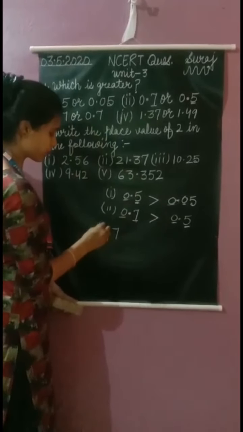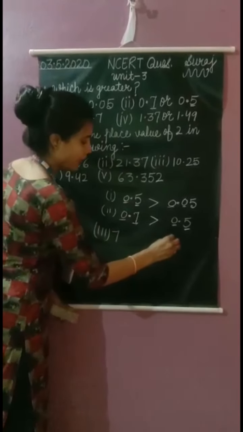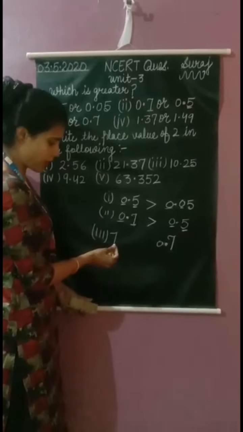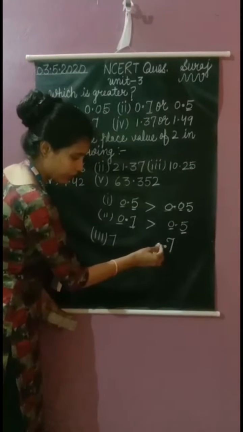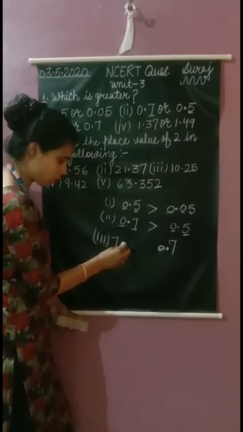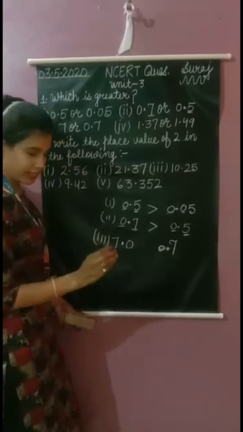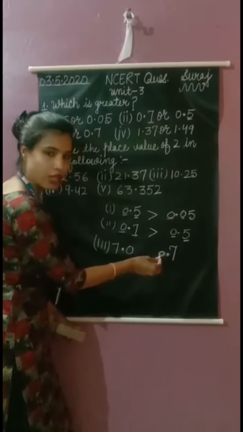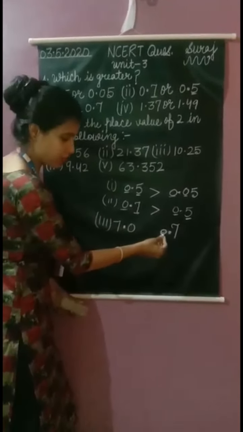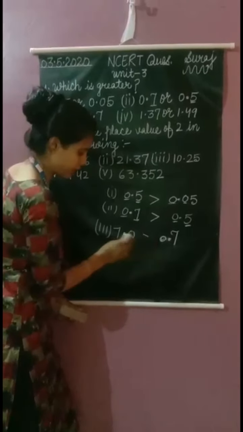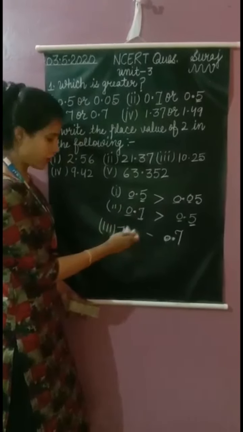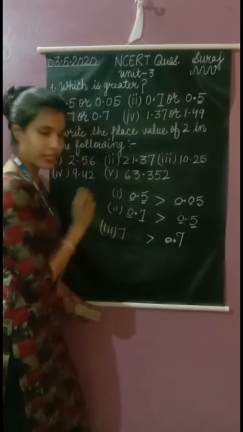Now 7 and 0.7. Okay, now this is decimal number and this is whole number, and here we check 0. If we use in this number decimal, we use here. Okay, and we can see that here before decimal having 0 and here having 7. It means 7 is greater than 0. 0 से बड़ा 7 है. We are using this only for solving the question. Now remove this and 7 is greater.